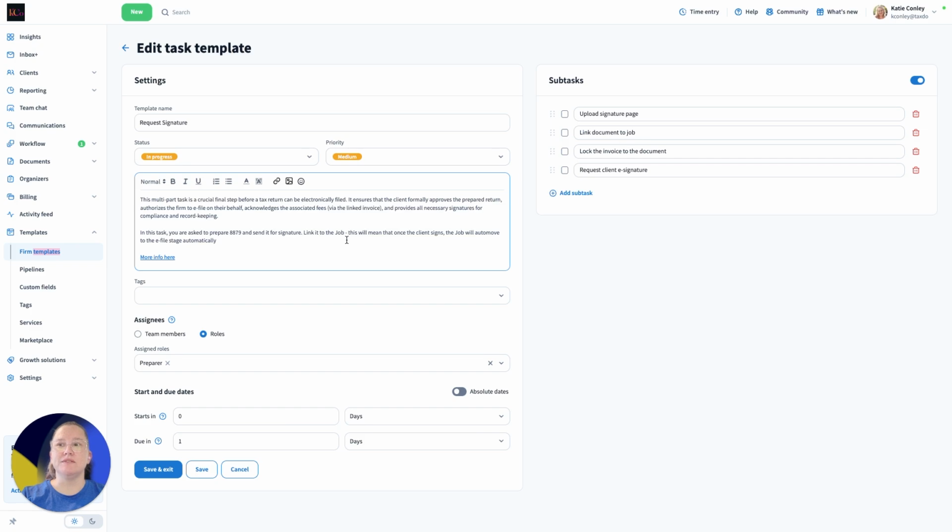You've got your description, you've got the information where it shows it's assigned to the role of preparer. It starts today, which is 0 days, and is due tomorrow, which is 1 day. You also have all your subtasks that are involved with this task. And go ahead and click Save and Exit, and we're going to assign this as a one-time